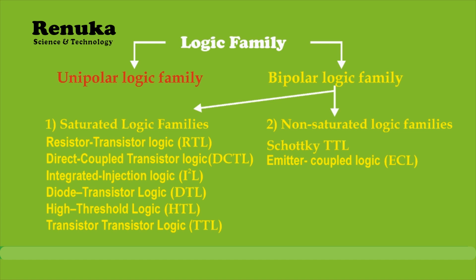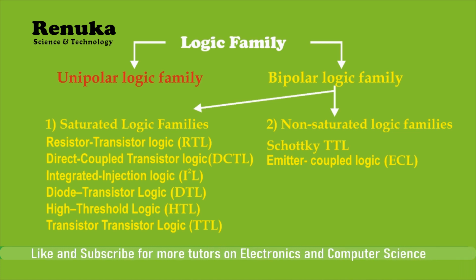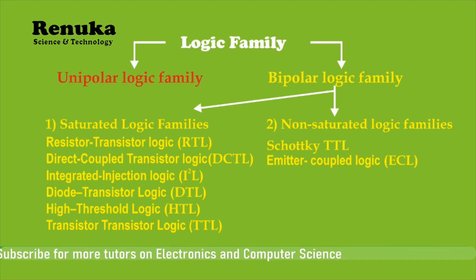In resistor transistor logic, only resistors and transistors are used to construct the gate. In direct coupled transistor logic, we might have heard about the coupling of transistor amplifiers, in which there are many types of devices used to couple the transistor amplifier stages to one another. If the output of the first stage amplifier is directly coupled with the input of the second transistor amplifier stage, then that coupling is called direct coupling. So if the gates are formed like this, the transistor logic family is called direct coupled transistor logic.